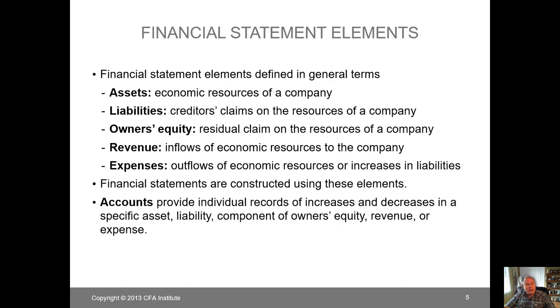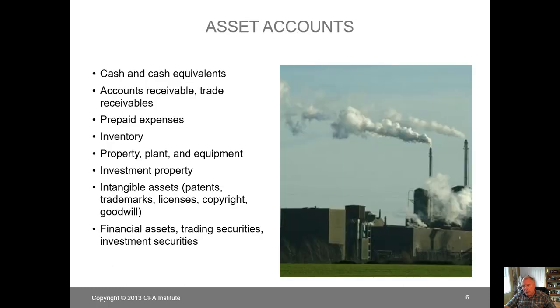That's where we talk about, we'll get to this, normalized income, often referred to as non-GAAP income. In the asset accounts, we have cash and cash equivalents, accounts receivable, prepaid expenses. Prepaid expenses, remember that if I pay my auto insurance today for the whole year, that is going to benefit the subsequent period. Inventory can include raw materials, work in process, finalized inventory, property, plant, and equipment, investment property, which can be physical, it can be securities, intangible assets, and then financial assets. So they can go into the asset category.